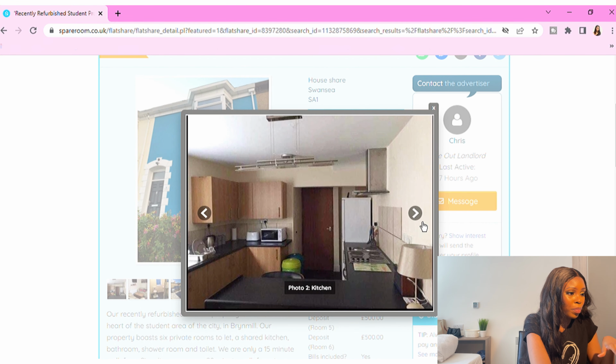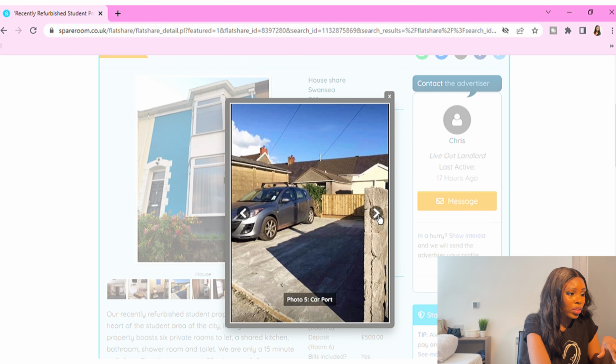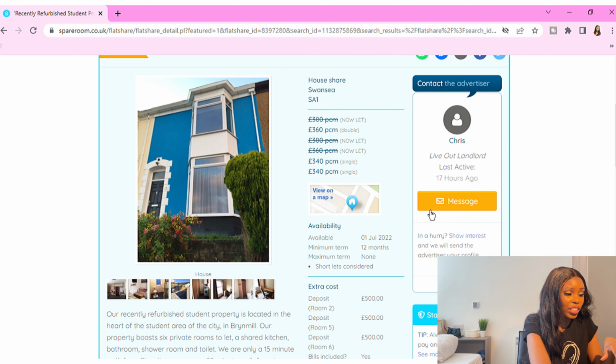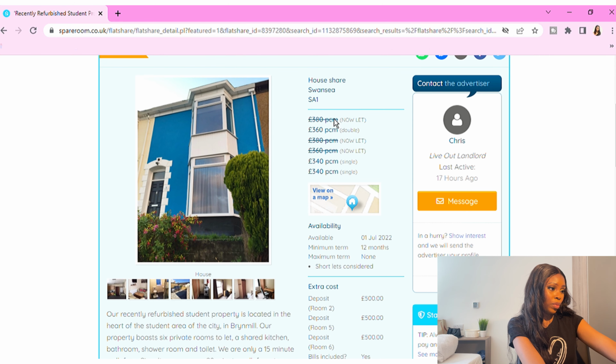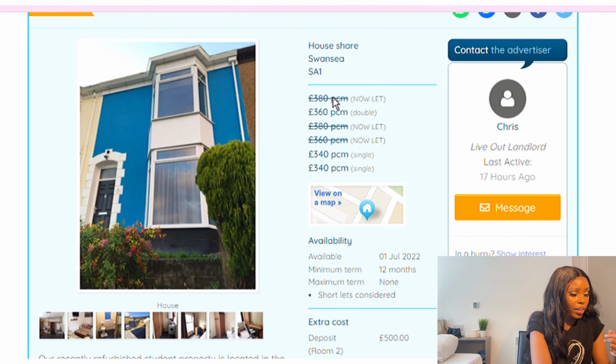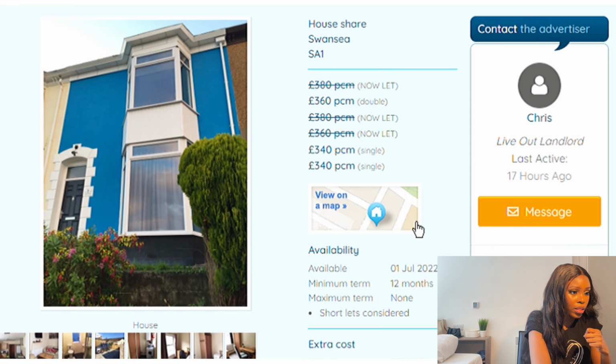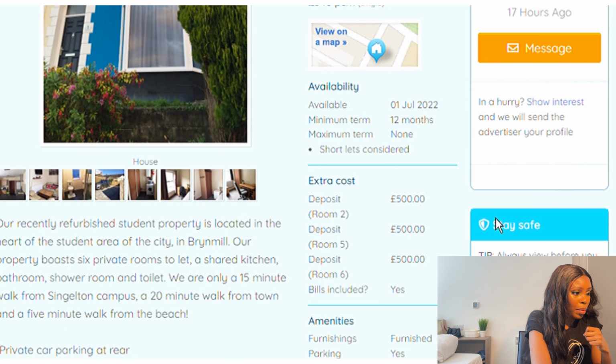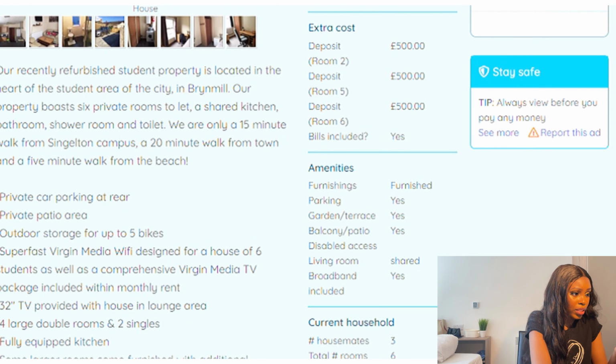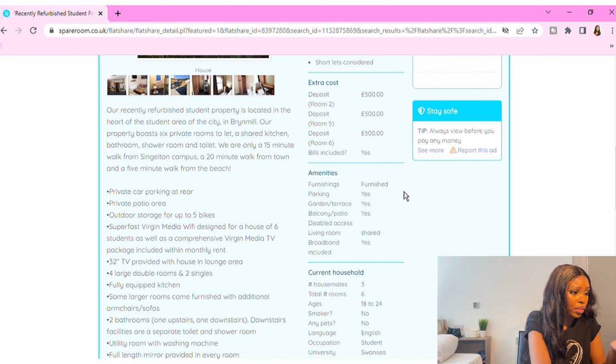For example, they show you pictures, and if you like, you can contact the agents. You can contact the agents right here, or the landlord. Usually sometimes the landlord lives in the house. So as you can see, just draw your attention over here. There are about 6 people. There are gonna be 6 people in this house, and there are only 3 more spaces, and the deposit is £500. And yes, it's bills included, as I already said. As you can see here, it is furnished, there's parking, there is gonna be Wi-Fi,